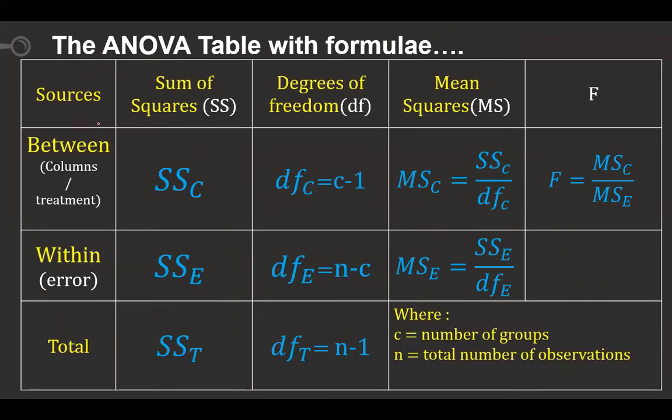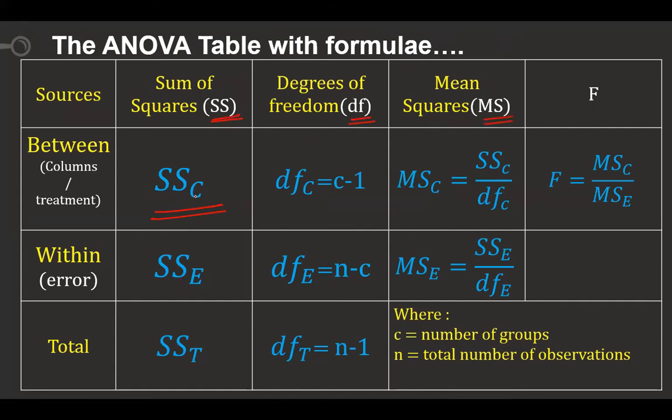Now, once the calculated values are there, we are going to tabulate them in a tabular column format so that it is easy for us to write. First I'm going to calculate this value. This is called sum of squares. Sum of squares is denoted by SS. Degrees of freedom is denoted by DF. Mean squares is given by MS here.